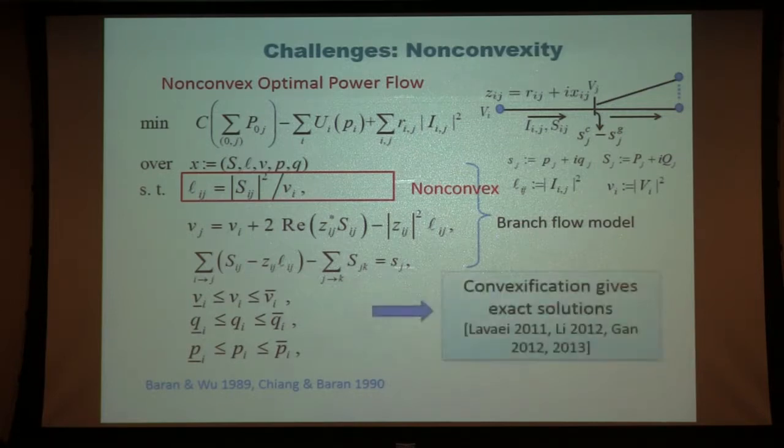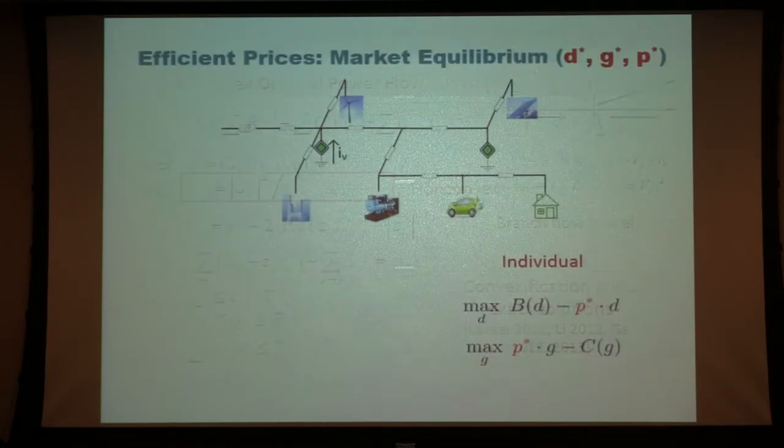But people have studied the work using relaxation to make the problem convex, and then looked at the gap between the two problems. A promising message is that the method can give us the exact solution. This is one way. Another way is to handle the non-convexity by using a linear approximation, and this linear approximation model is used to set the market price. That's typical for doing that.